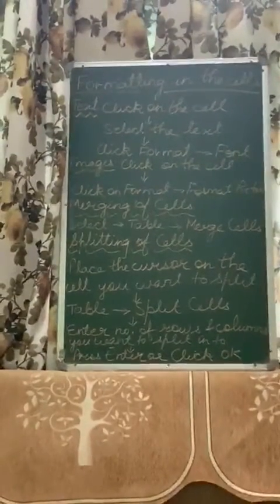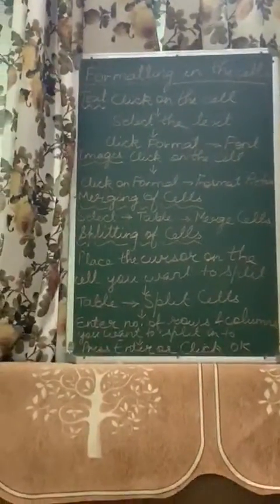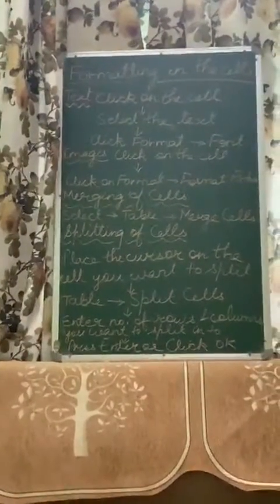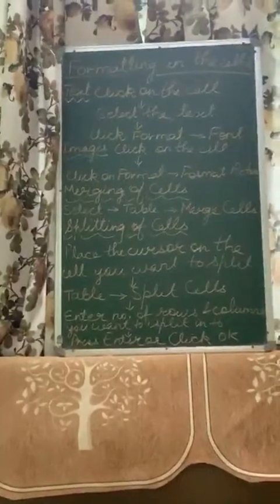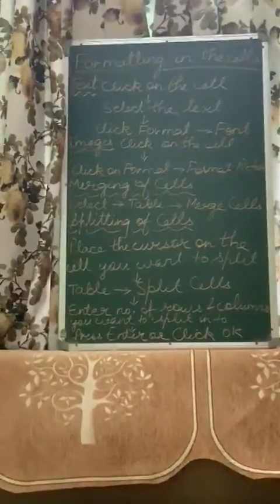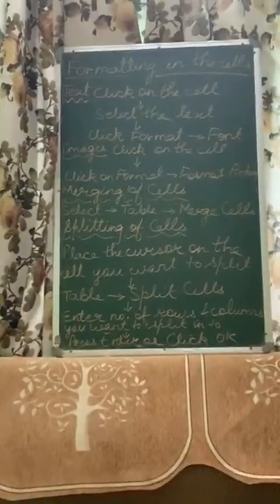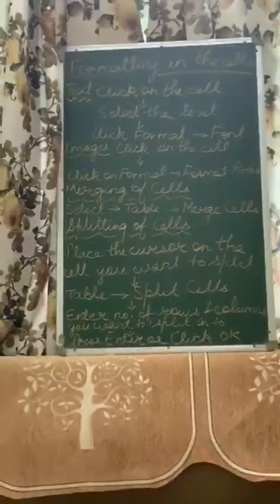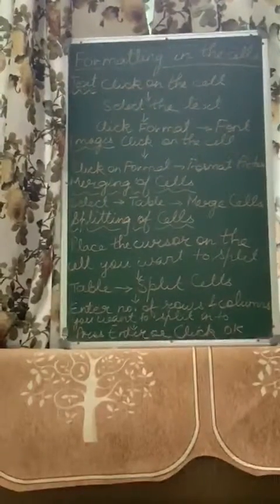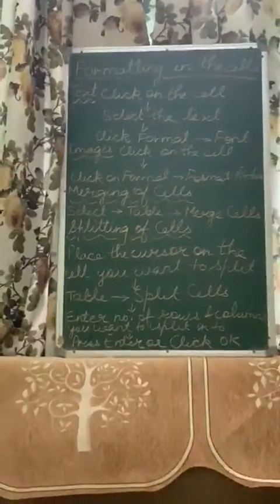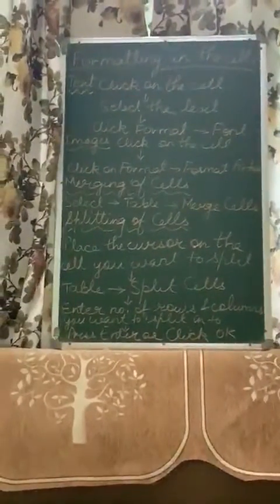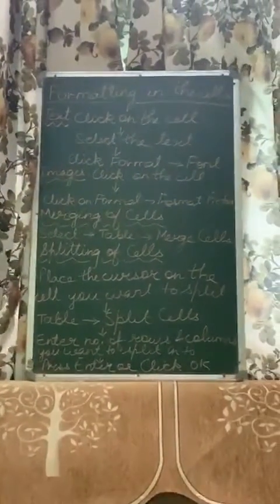And splitting and merging, as I have already explained you, these help cells to combine or the cells to divide. So all four of these processes, that is formatting the text in the cells, formatting the image in the cells, and also the merging or the splitting of cells, help in viewing the table in a different form. You want to change the appearance of your table, so that is why you are applying formatting in the cells.